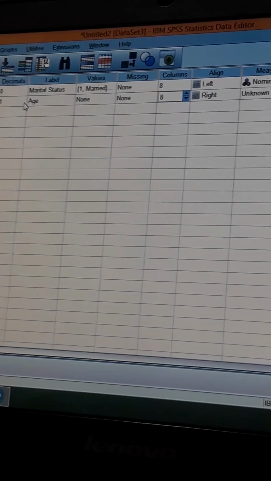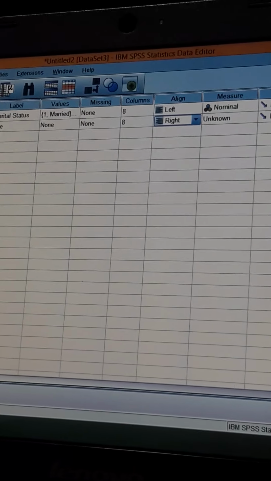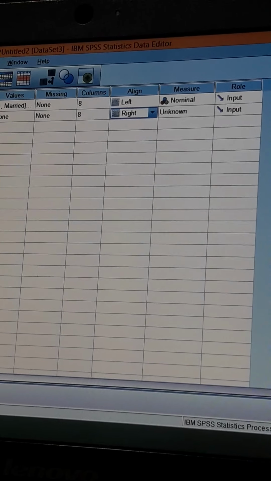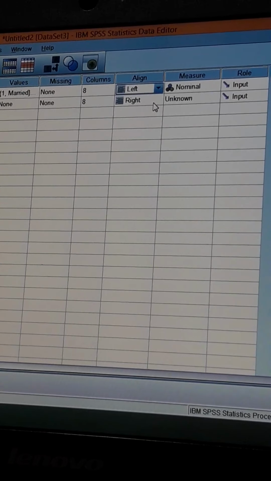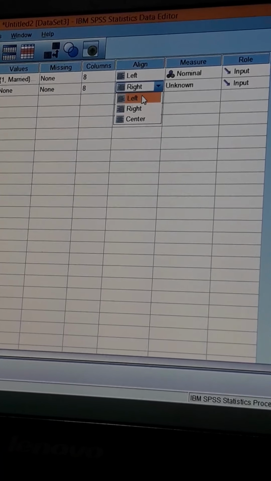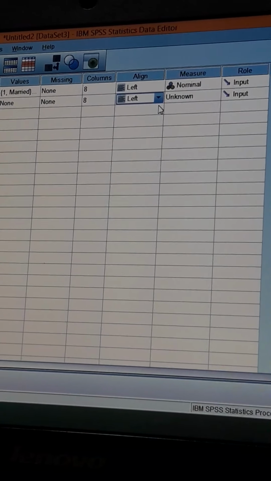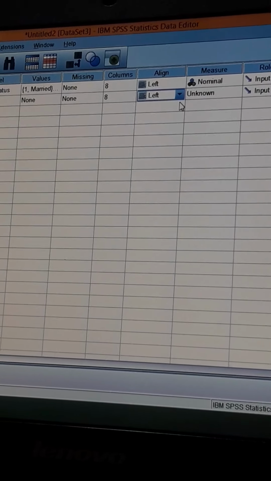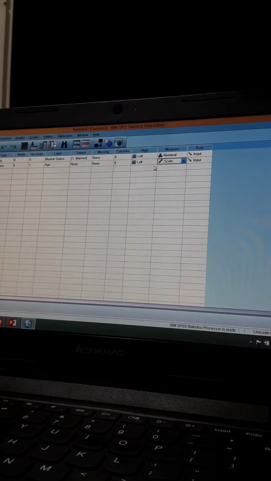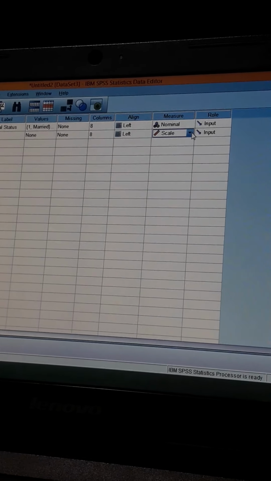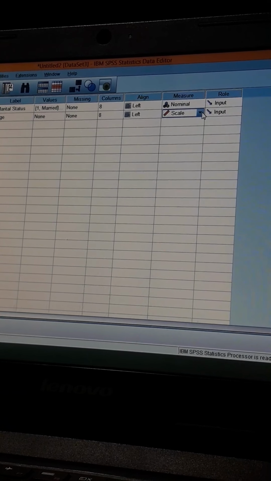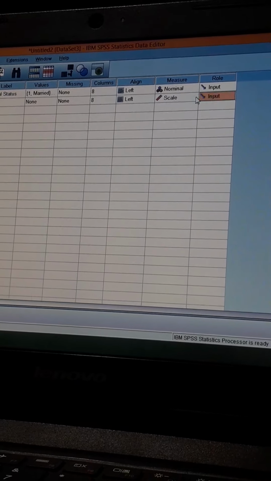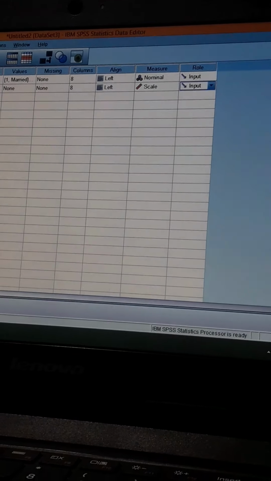Missing we are keeping it none. Width of the column 8. Alignment by default it is right, so we can make it left also. Then scale we will keep it scale. Okay, and here in the role we will keep the default input. Next comes